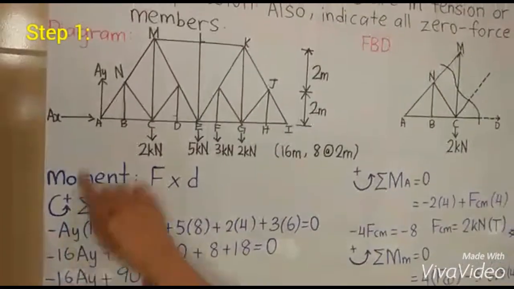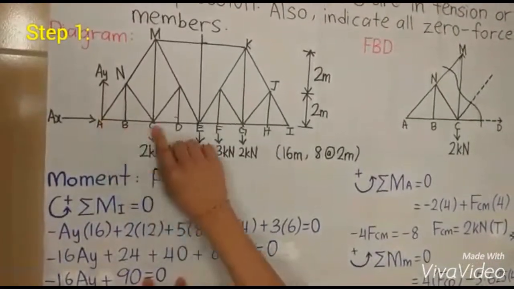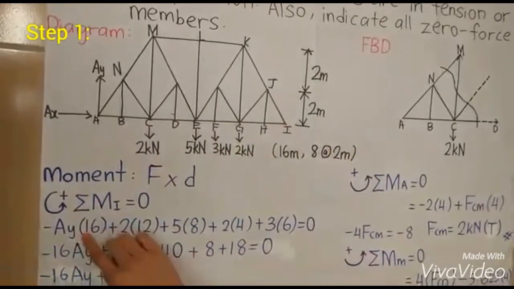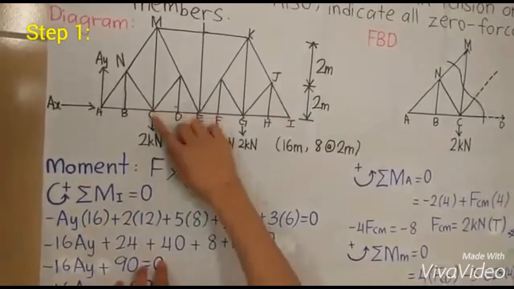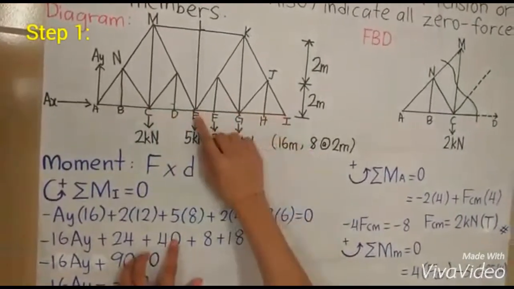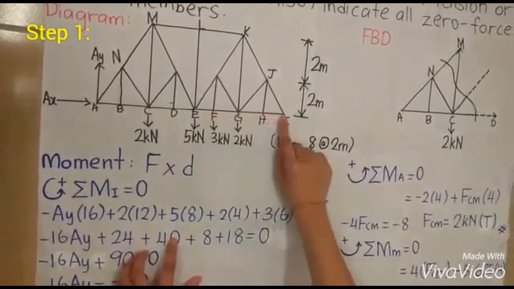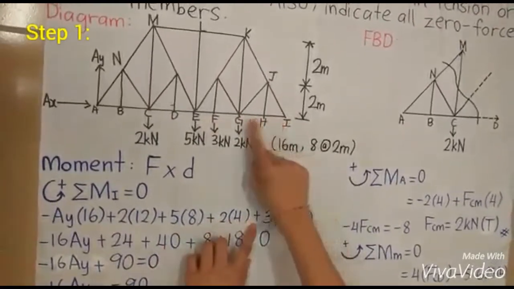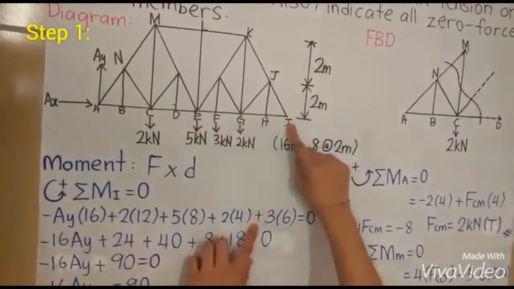So negative AY times the distance, there are 8 parts multiplied by 2, so negative AY times 16, plus 2 times 12, plus 5 multiplied by 8, plus 2 multiplied by 4, plus 3 multiplied by 6